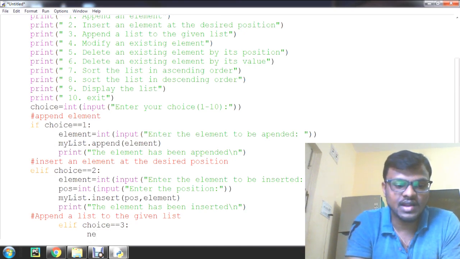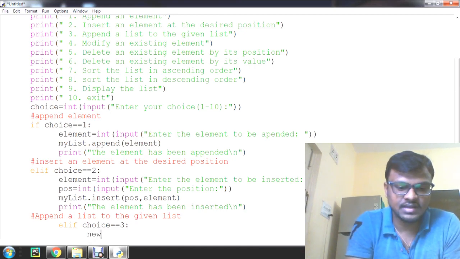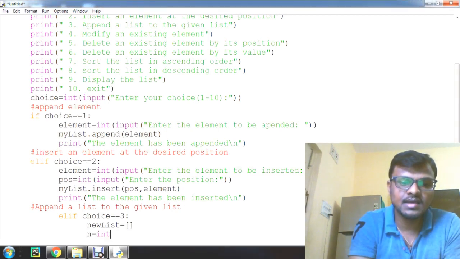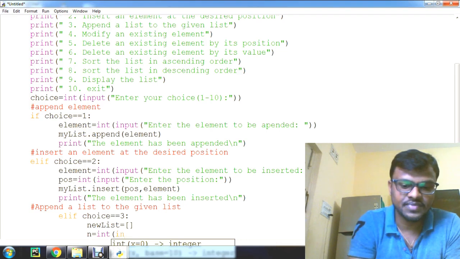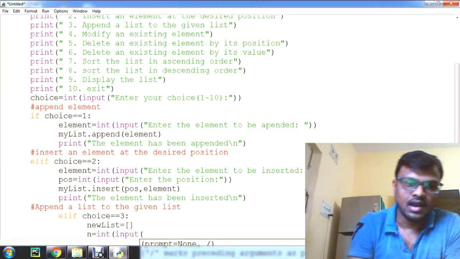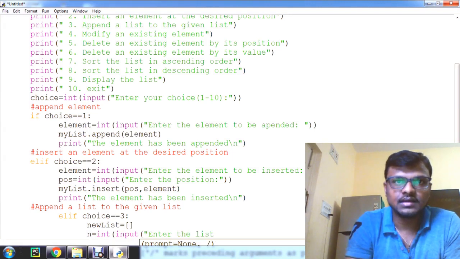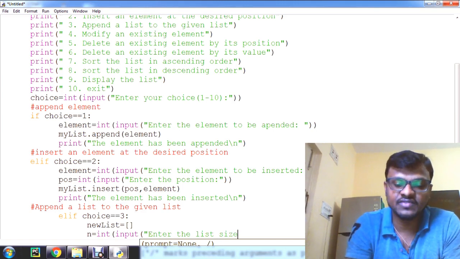For that I want one new list. New list is equal to, initially I am keeping it empty. I am creating an empty list, and I am getting the input, enter the list size. That is how many elements we want, we are asking from the user.